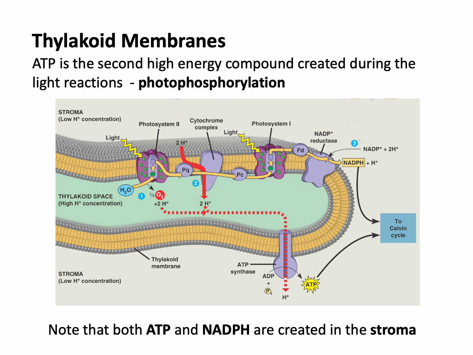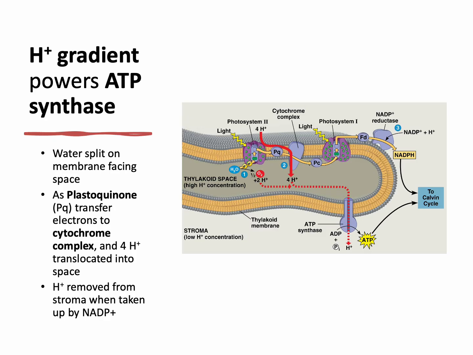So we showed you earlier pictures where the ATP was just being made magically. This is the actual process of that. The bottom line is you'll end up producing large amounts of ATP. You're also producing large amounts of NADPH. You've already produced oxygen as your byproduct. So we're starting to get all the products of the light reaction. It's also convenient that the ATP and the NADPH are being produced in the stroma, which is where the Calvin cycle is going to use them. So pretty cool. Now think about the difference between the stroma and the thylakoid, right?